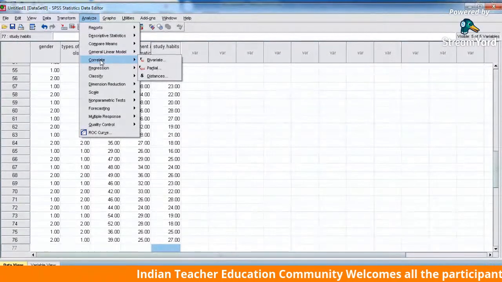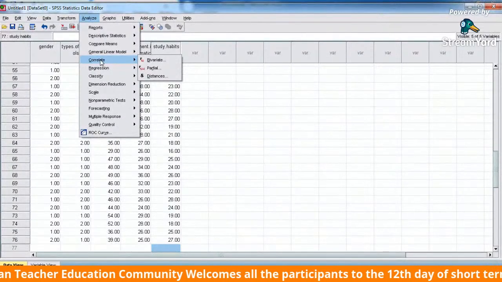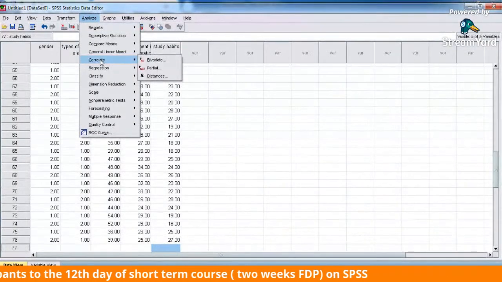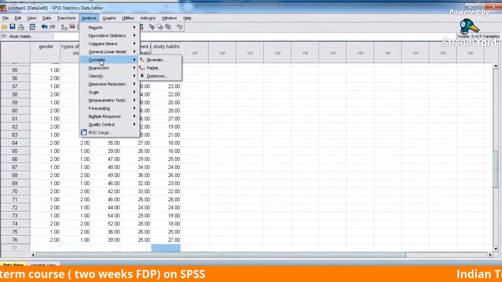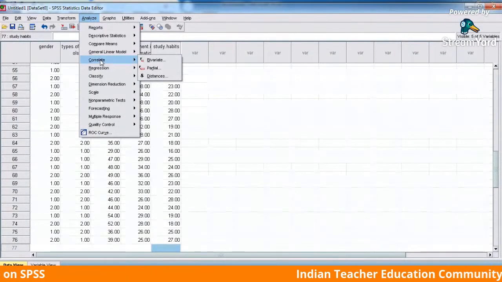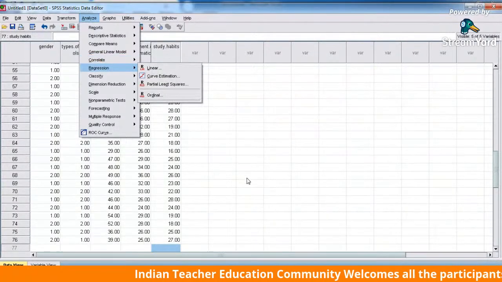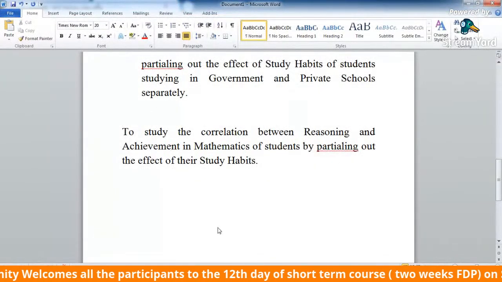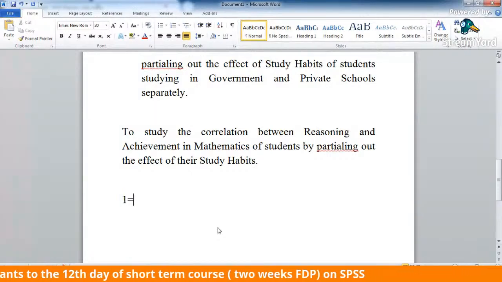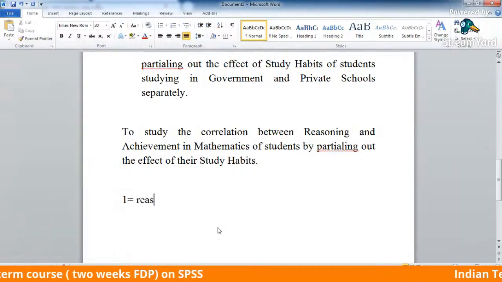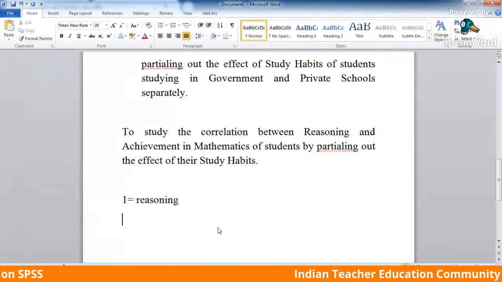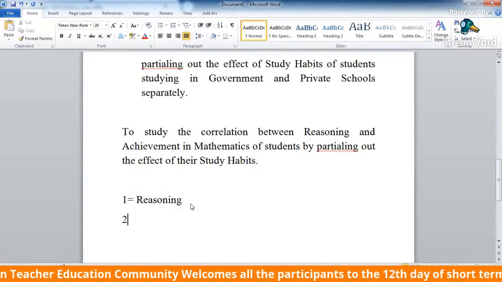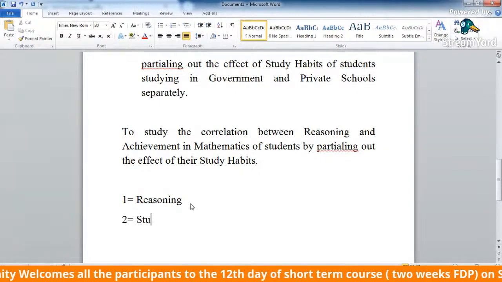Okay. So this is R1,2. That means you have to find out the correlation between variable 1 and variable 2, and then it is 0.3. That means the third variable you have to partial out. It's a very important thing. Let me tell you first. Suppose your variable 1 is reasoning, and your variable 2, these are the codes which you are giving, is suppose study habit,